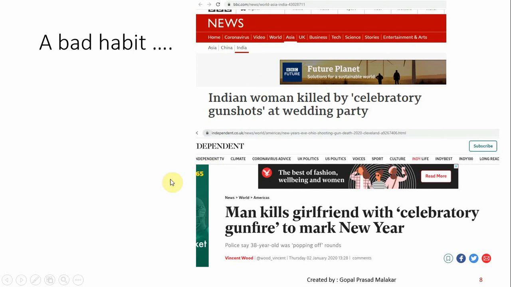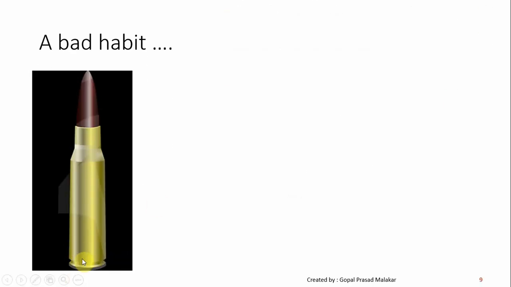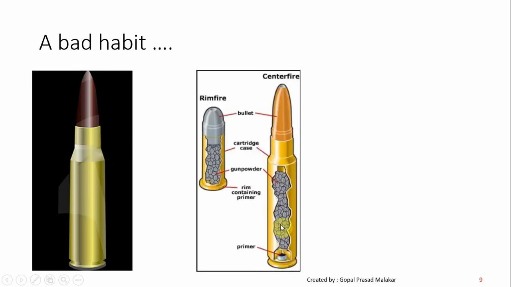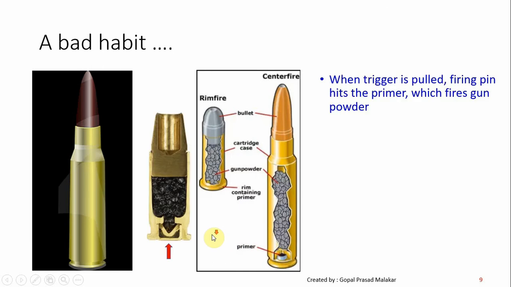Before that, let me quickly explain how a gun works. So this is the typical bullet of the gun. Actually it's a cartridge of the gun. It has many portions. So this is called primer. This is the area which actually ignites. Inside is a solid fuel which is called gunpowder. This case is called cartridge case, and on the tip something is kept which is called bullet. This is the bullet.